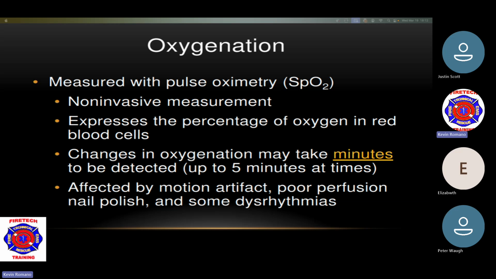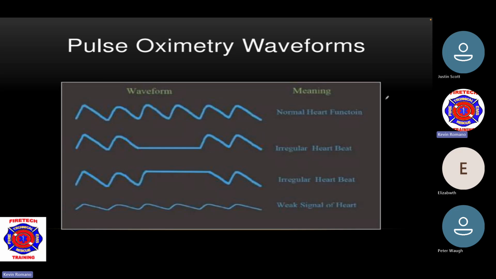So that's why I kind of brought that into it. We look at our different waveforms as well, looking at oxygenation, is our pulse oximetry waveform. As you can see on the top one, that's what we call normal pleth, which is a normal heart function. If the heart is skipping beats or that irregular heartbeat, we're going to see what they call the flat line here, because there is nothing perfusing at that point